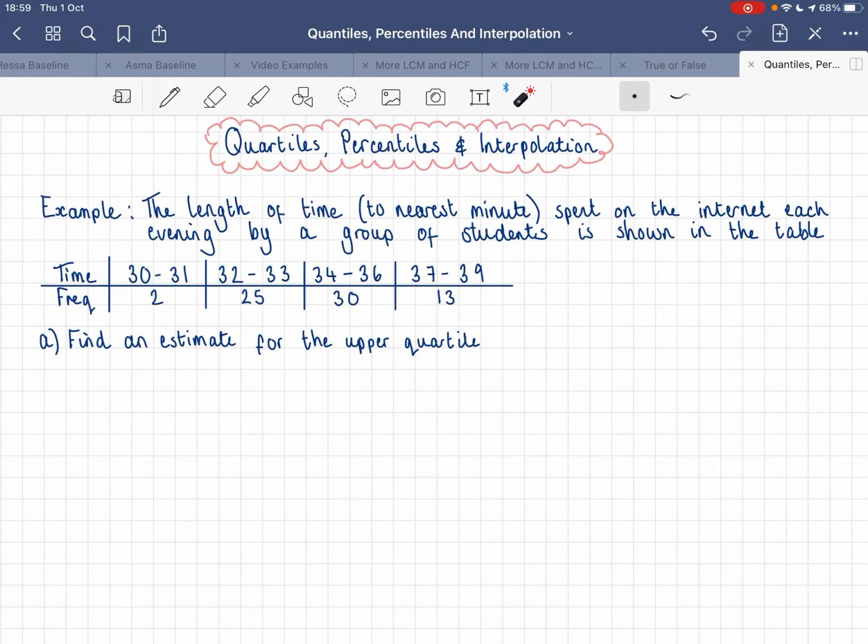First of all, what an inaccurate table. I know for a fact that most students would spend way more than 39 minutes on the internet every evening. But anyway,